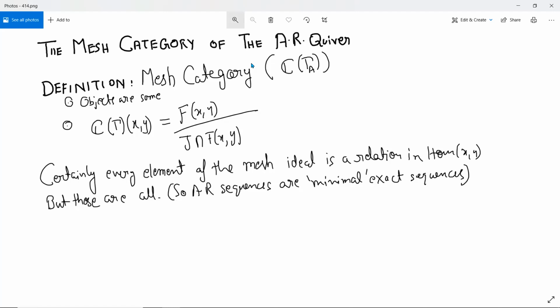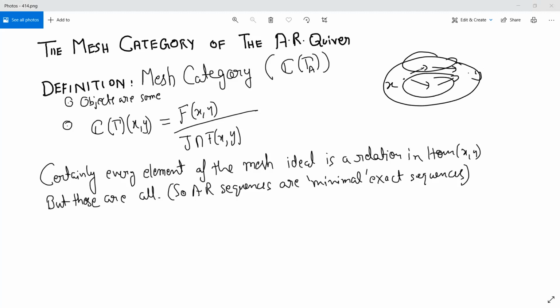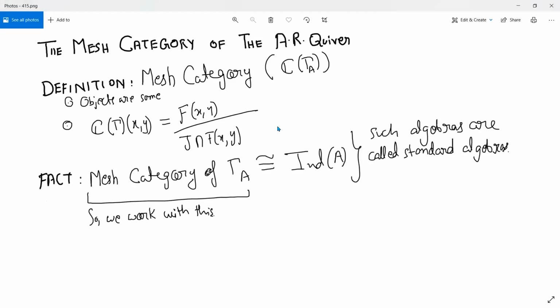So if you have this X and Y, and you have one simple path and another simple path, then a formal linear combination means you have this path and all its combinations. But if this is an AR sequence, then this path plus this path is 0, and so you quotient by that relation, simply put. Obviously, those relations are there in the Hom category because the exact sequence gives 0. But it is a slightly non-trivial fact, as I understand it, that these are all the relations. So this mesh category that you get by quotienting the graph category by the Auslander-Reiten relations is